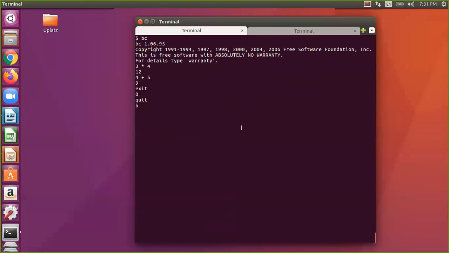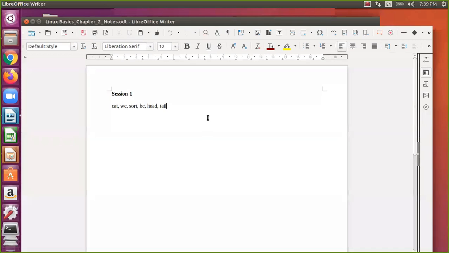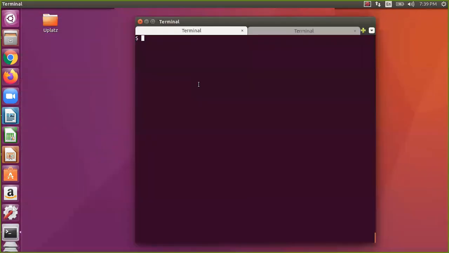Standard IO, as you know, means input and output. You give input through the user and output is displayed on the screen. So that is standard input and standard output. Let us check that.